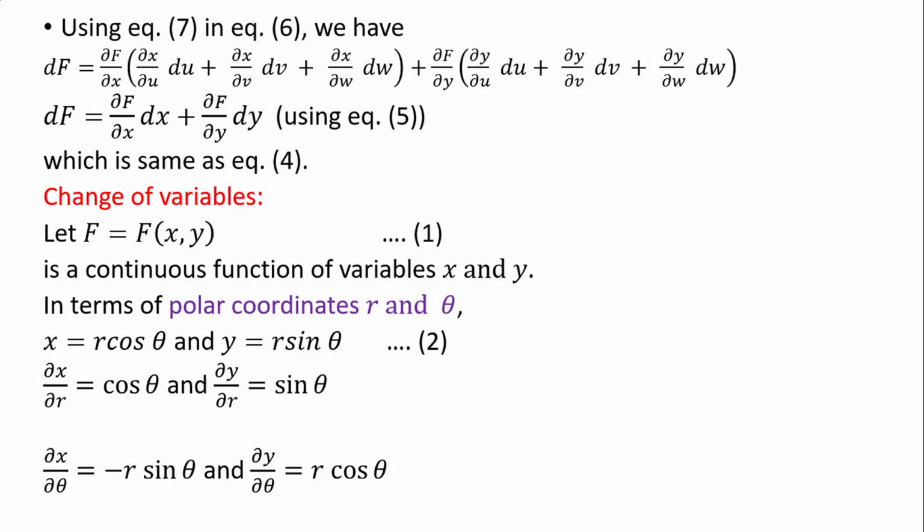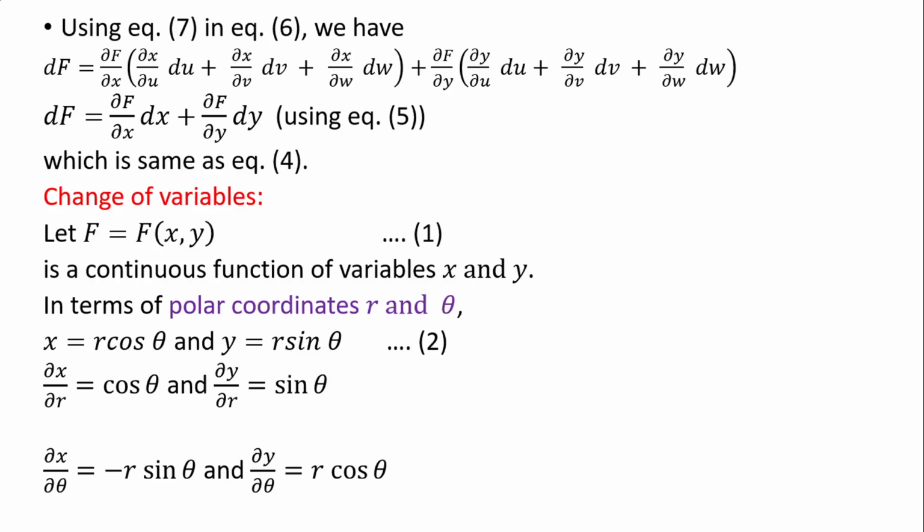Thus, x and y are functions of variables r and theta, and can be represented as x equal to r cos theta and y equal to r sin theta, so that we can obtain partial derivatives of x and y in terms of r and theta,